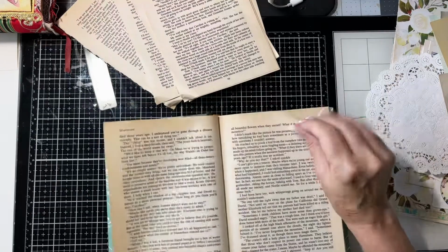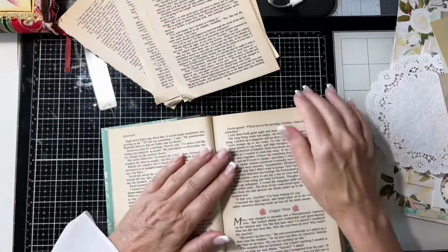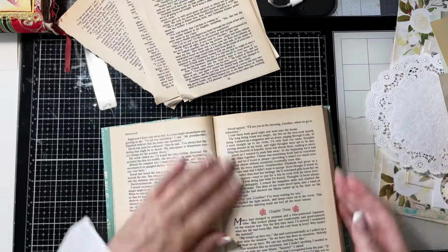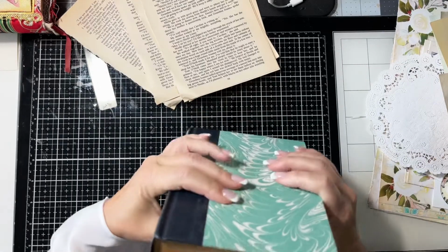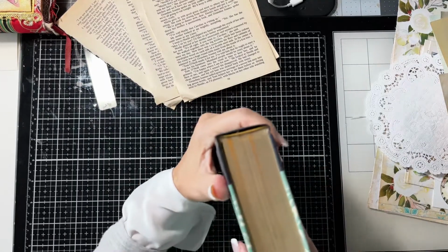So then you do 2. I got 2, and then I'm going to do either 12 to 15, and then again I'll do 2. So if that didn't make a lot of sense,